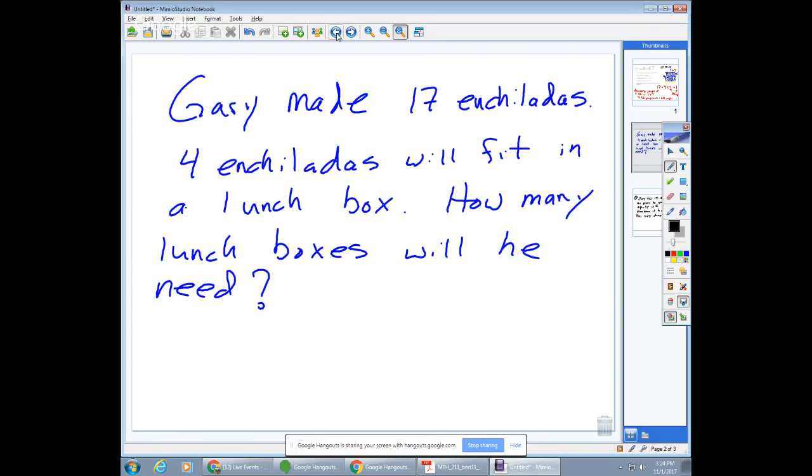So I think these are different, not only because I'm talking about enchiladas and burritos, but I think they're physically different. Okay. So when we talk about multiplication, we talk about groups of. So we have a number of groups and then a number of things in each group. In this problem, is the 4 the number of groups or the number of things in each group? Yeah, here the 4 is the number of things in each group. So here I'm starting off with the assumption that I have 4 things in each group. Okay. On the other problem,